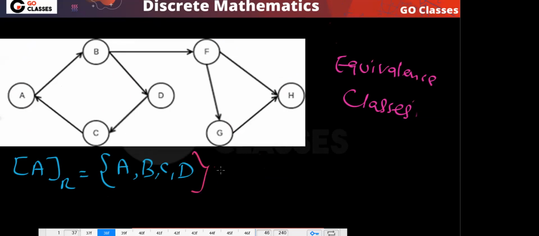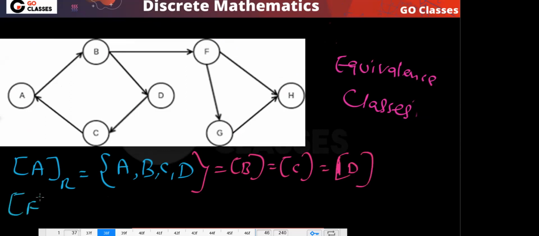This is also the equivalence class of B, also of C, and also of D. This you already know. So this equivalence class we got. Now let's find out the equivalence class of F. What will that be? That will be only F, because remember,